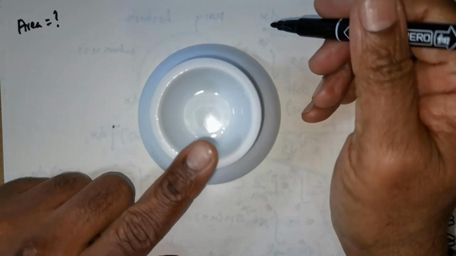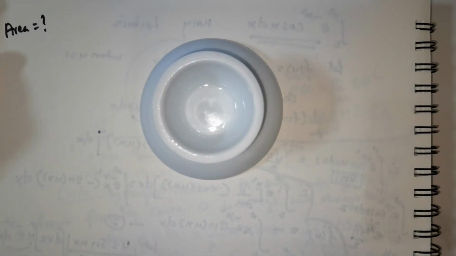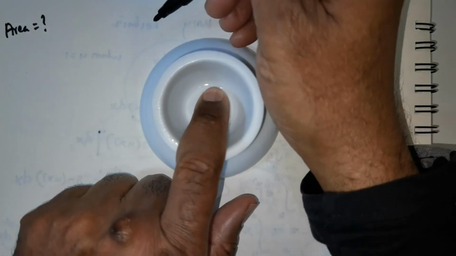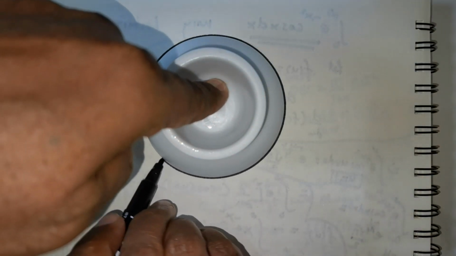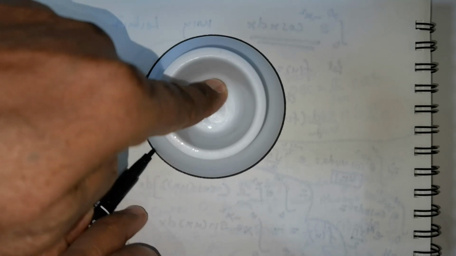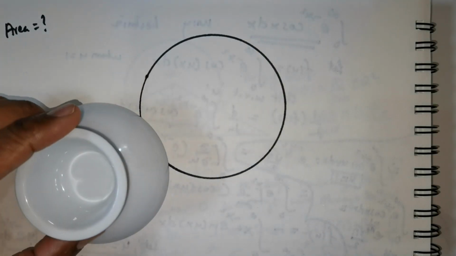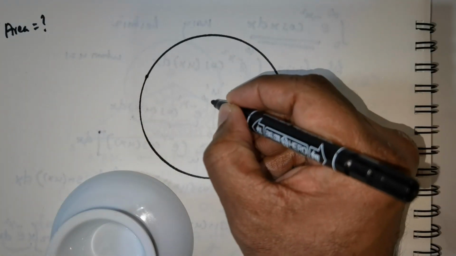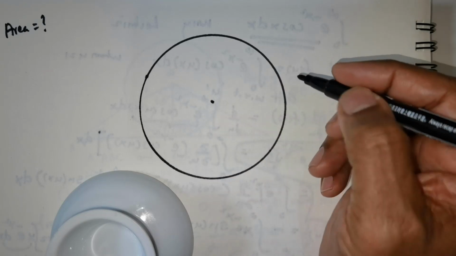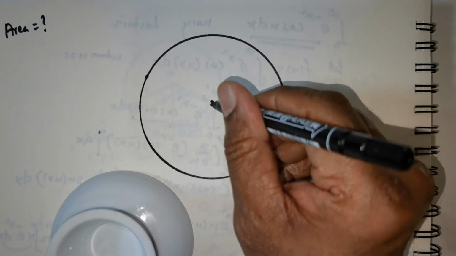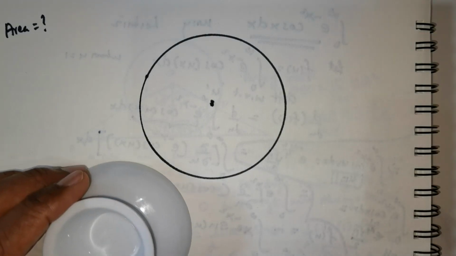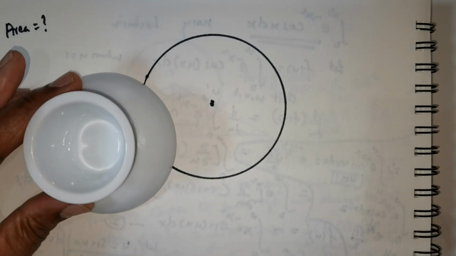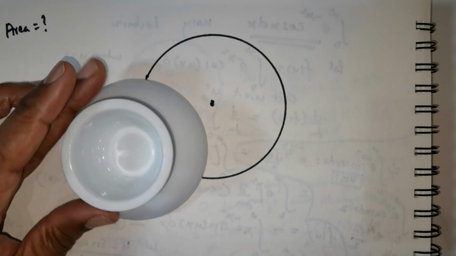As usual, I would be utilizing my beautiful tool to draw the circle. Now, we got a circle here, and then let this be the center. Okay, so now we got two other circles in such a way that